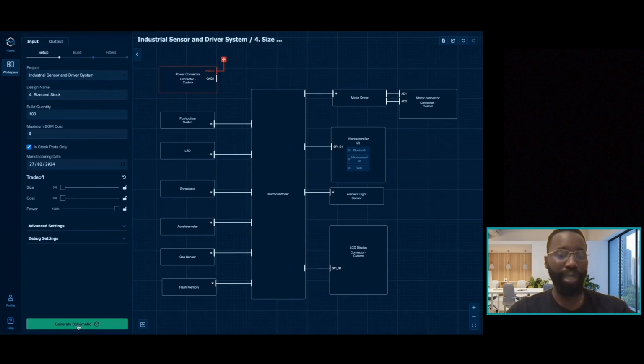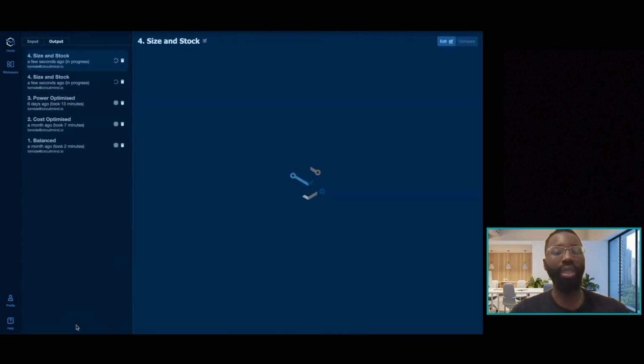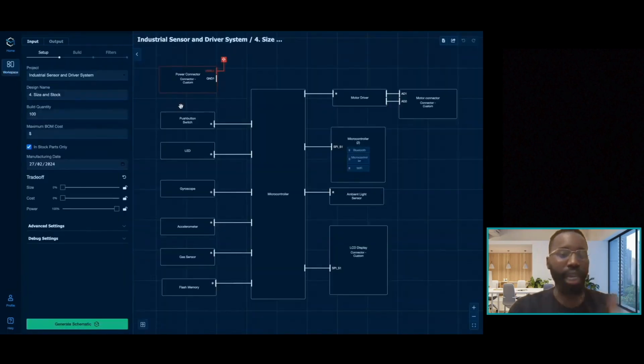Specify that I want a power optimized design. I'm going to click Generate Schematic again, and this is going to run the design again in parallel. And I can change the name of that design to power optimized. And so those two designs can run in parallel, and I can keep going back to the inputs, changing things